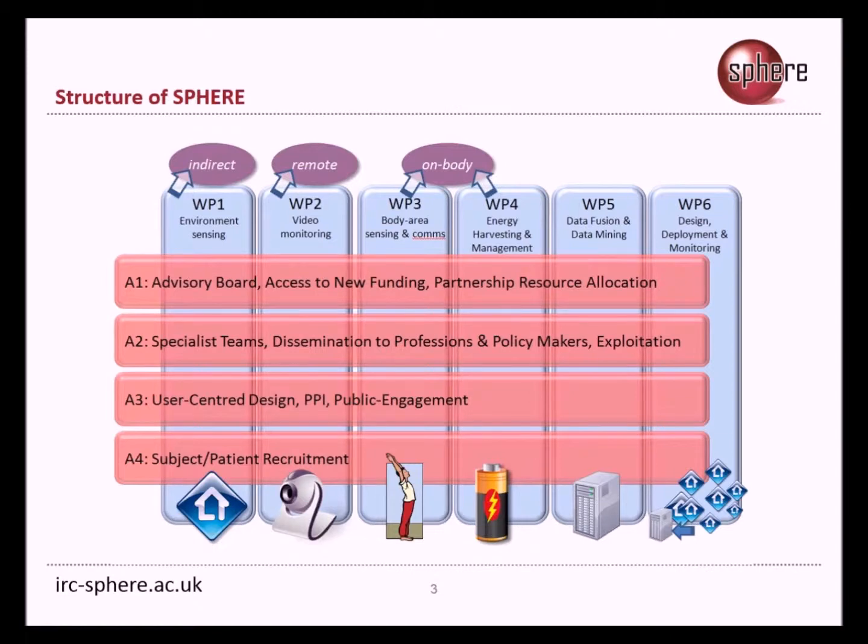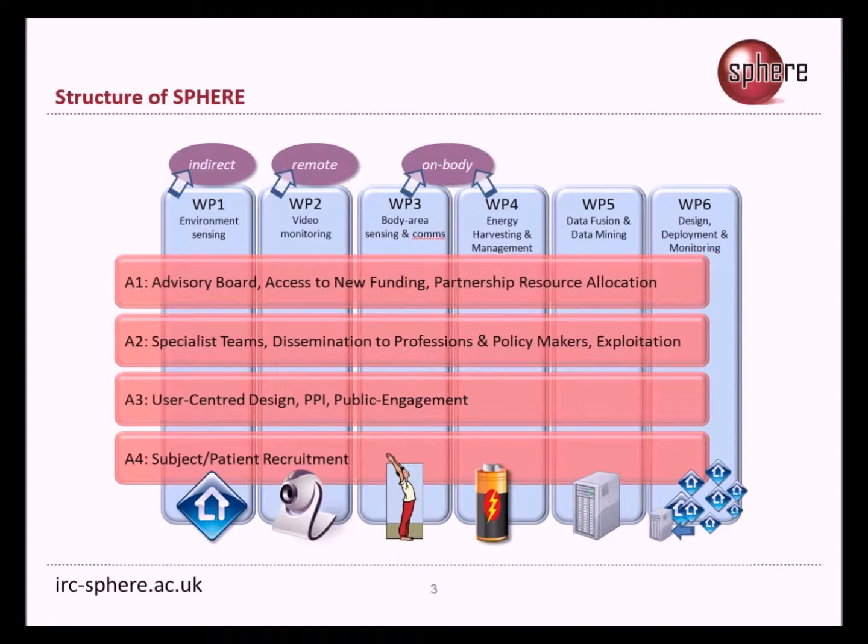We have video monitoring work package using mainly the Connect 2 at the moment. On-body sensors in work package 3. So work package 3 and work package 4 are linked. Work package 4 is energy harvesting and management, because one of the aims is to make sure that the on-body sensors are as low powered as possible, or that they will be able to harvest their own energy. Work package 5 is fusing all this data, making sense of it, to detect things like activity and behaviour. And then work package 6 concerns the deployment, also the visualization of the data, what's communicated to who and in